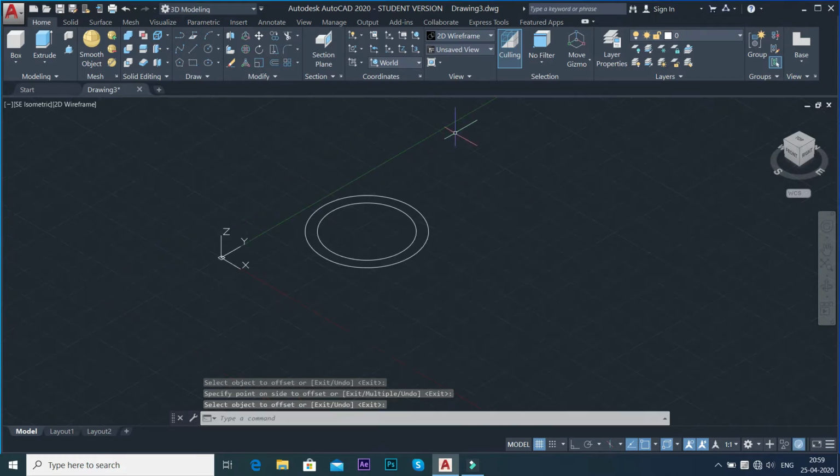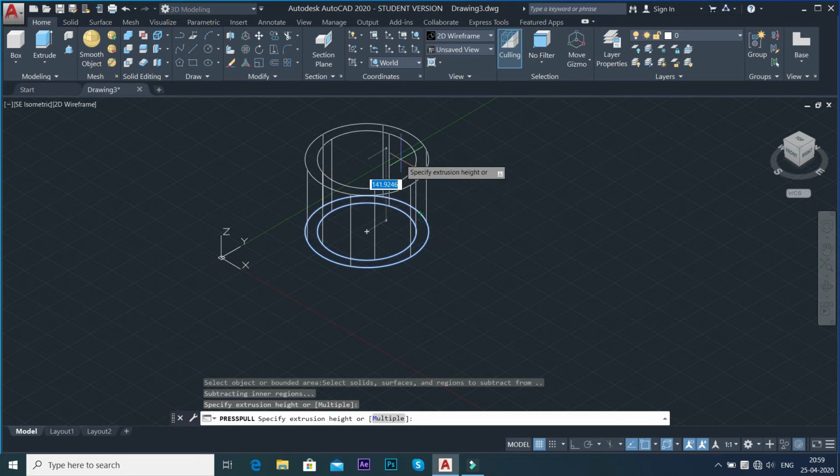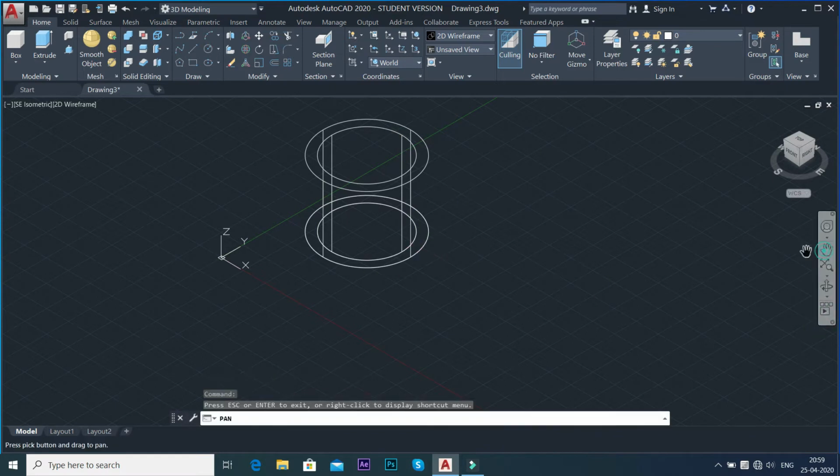Then we will go for the press pull option and we will try to create a hollow cylinder. Bring your cursor in between these two circles, and when both of these circles get selected, click on that point and give it a height of, suppose, 150. Click on escape. We have created a cylinder here which is hollow in nature.